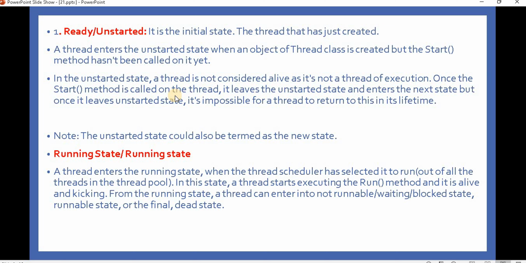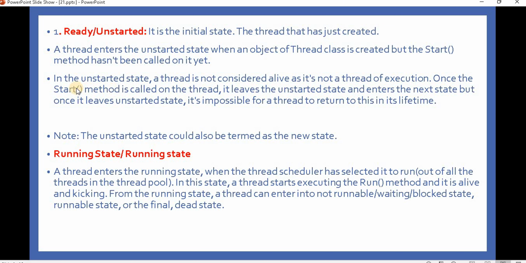Once the Start method is called on the thread, it leaves the unstarted state and enters the next state. But once it leaves the unstarted state, it is impossible for a thread to return to it in its lifetime. Note, the unstarted state could also be termed the new state. So that is the meaning of the ready or unstarted state.